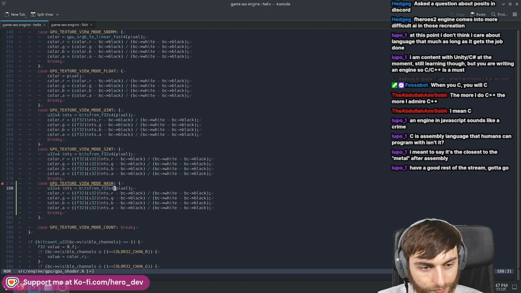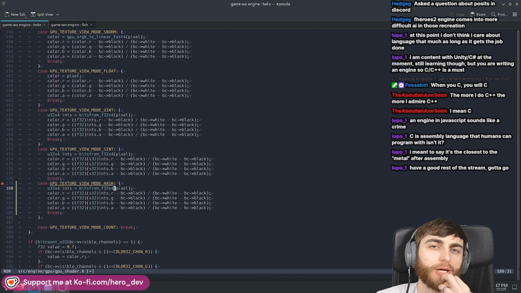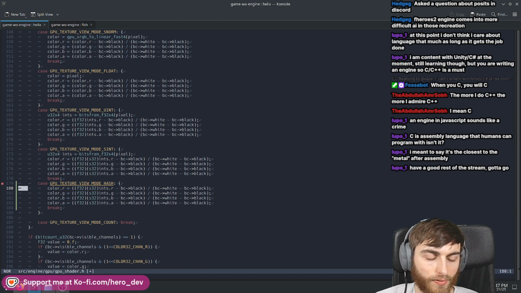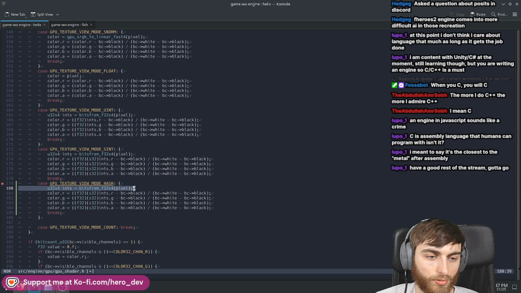Good point. Maybe hash isn't a good name. It might be close to the real name though, but what I want this to do is simply take the R channel as a uint